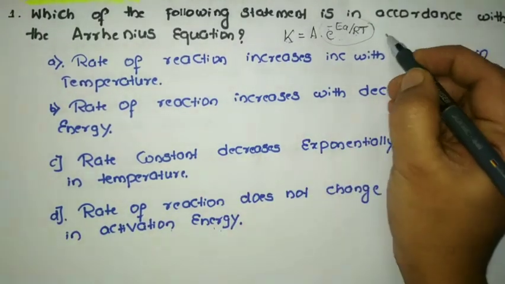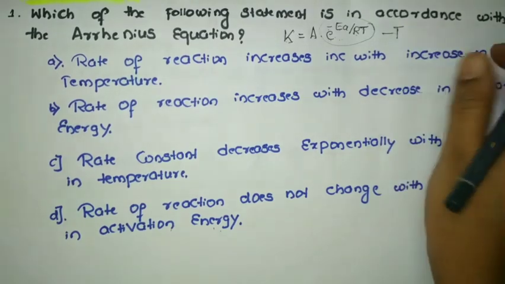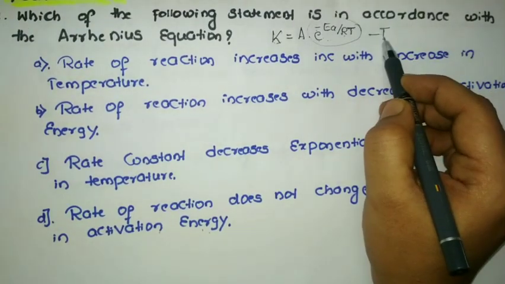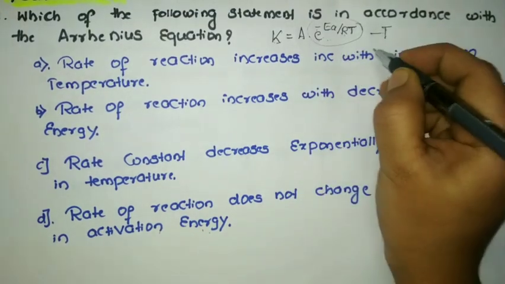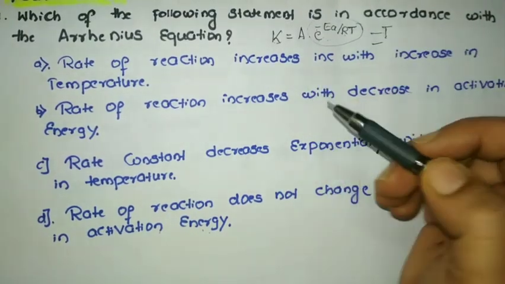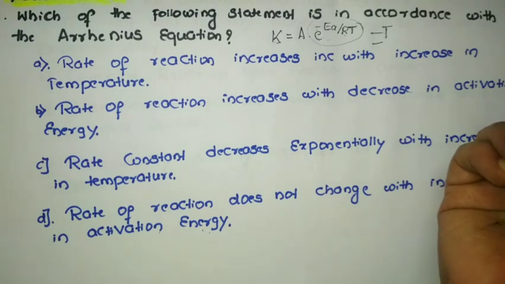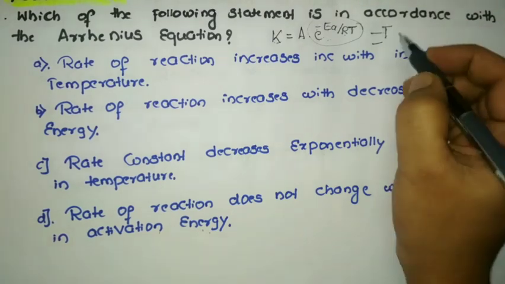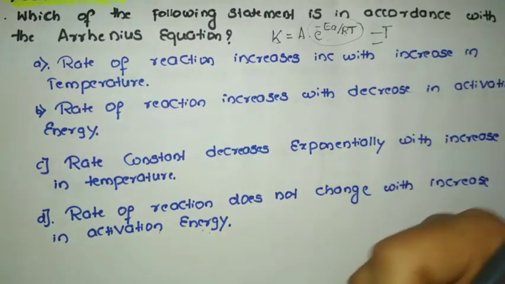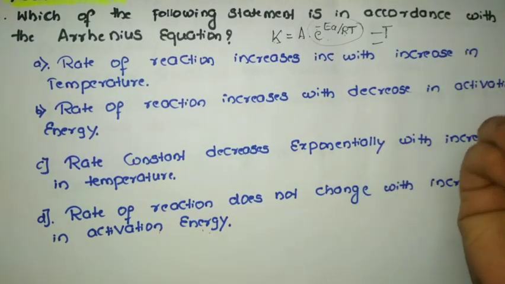Temperature is one factor which affects it. With the increase in temperature, the rate of a reaction also increases. How? The kinetic energy increases, the collisions of molecules increase, so obviously the speed of a reaction also increases. Similarly, with the increase in concentration the rate of a reaction increases, and the nature of the reactant also plays a very important role. One more factor is the catalyst, since the rate of a reaction can increase by the use of a catalyst.